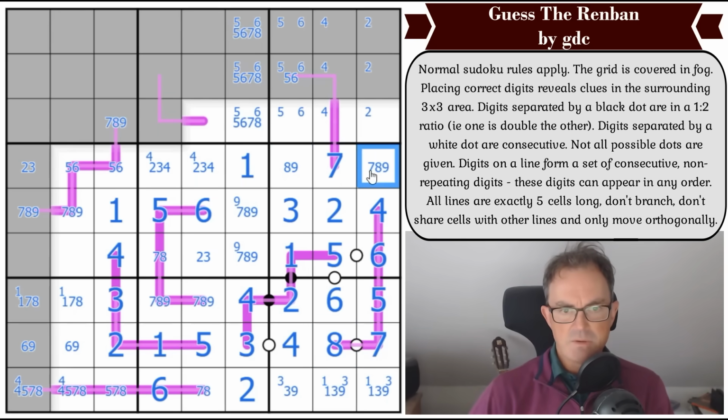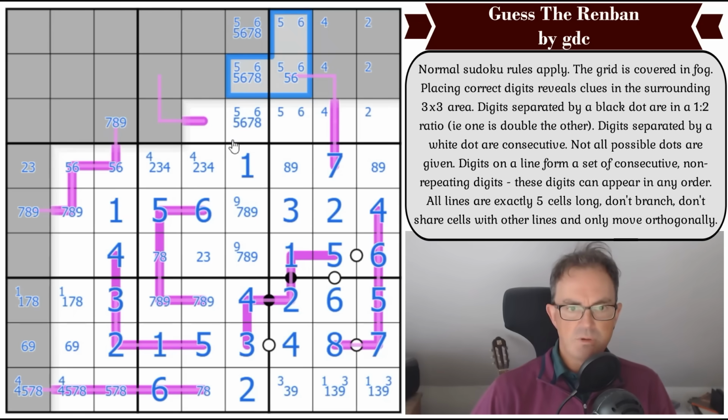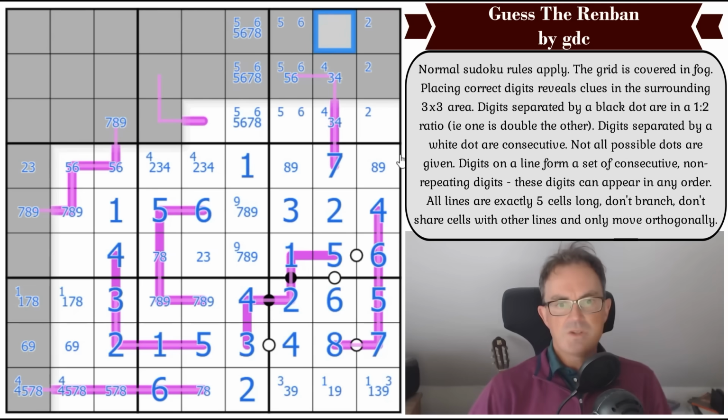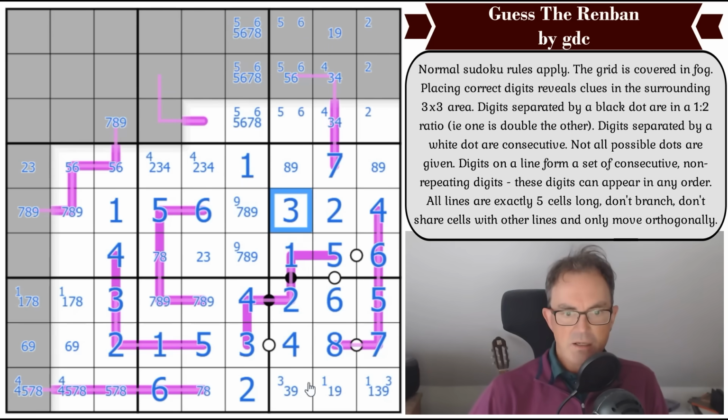And now these squares are not 7. This line, which we know has got a 5-6 pair in these 2 squares and can't have 8 on it, must have 3 and 4 on it as a pair here. Which, I don't know if that's going to matter, but I'm definitely putting that in. So 3, 4 pair. So this square here isn't 3. Okay, and that top square becomes a 1 or a 9, which is a bit disappointing. Ah, but there's a 3 here, and that makes this square a 9, which makes this square...